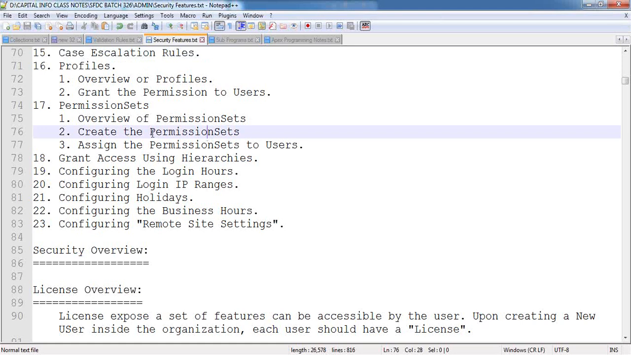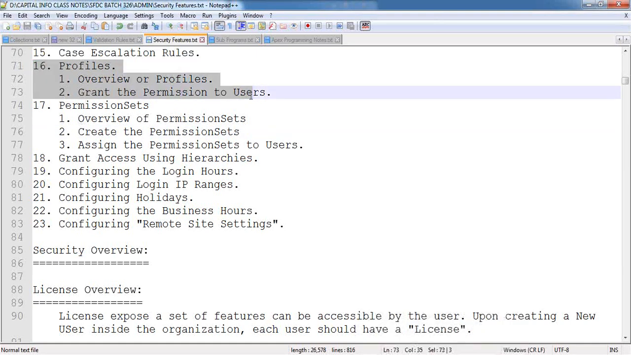So in today's session, we are going to discuss the concept of profiles. We'll see what exactly a profile is, what its use is, what a profile decides basically, and what kind of permissions we can grant with the help of profiles,